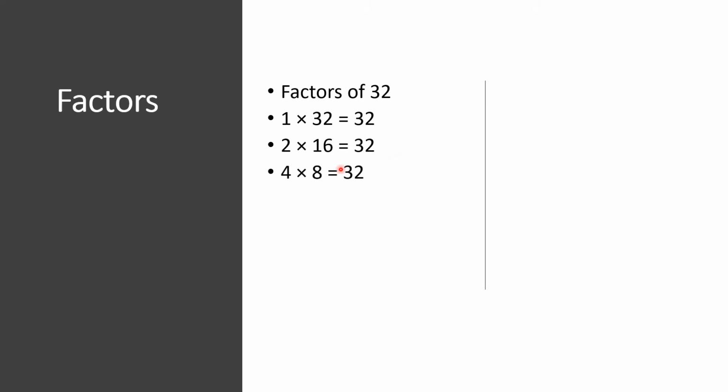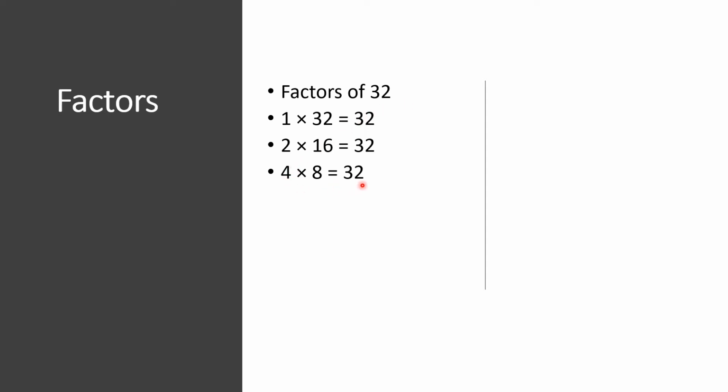Let us take one more question to find out factors, and it is very easy and very interesting also. For 32, at first we will take 1. 1 32 is equal to 32. Then we will take 2. We know that 2 16s are equal to 32. Then it is not divisible by 3 because 3 plus 2 equals 5. So we will go for 4.